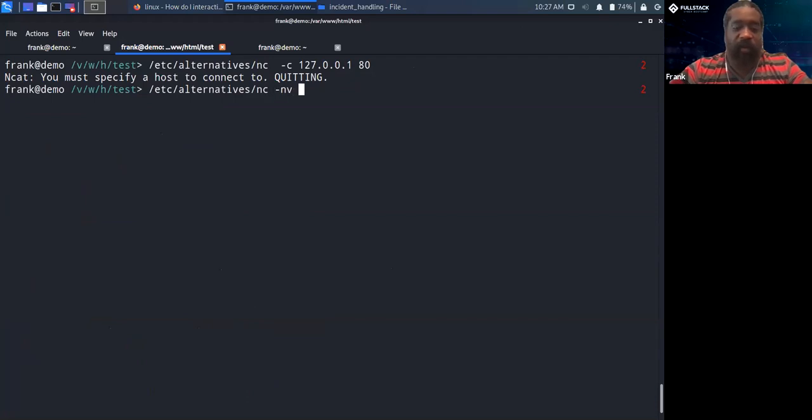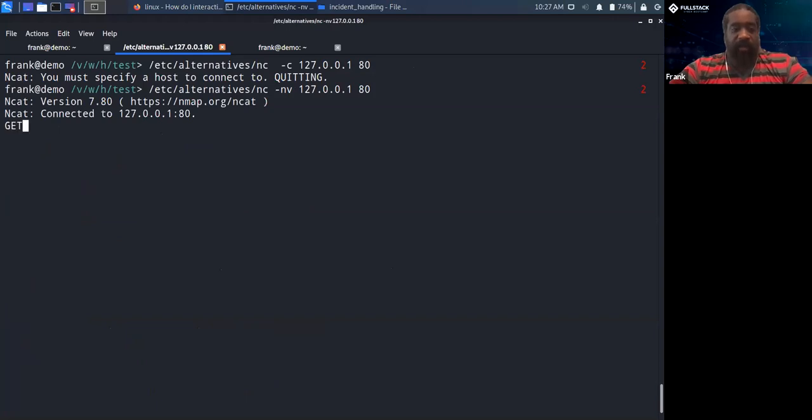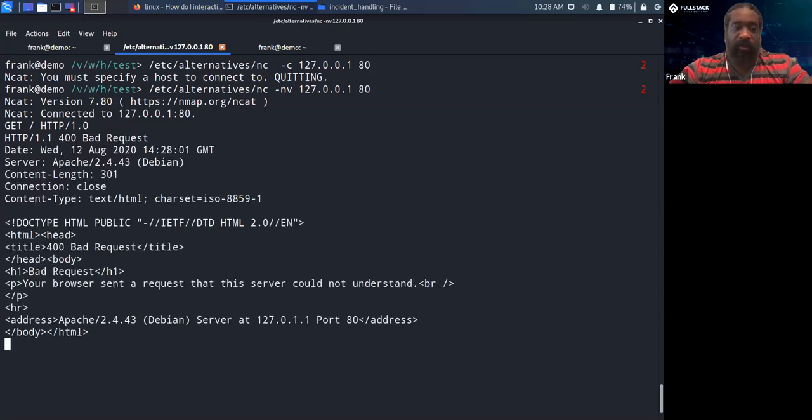All right, I am going to have to take a look at this again. Connected, GET / HTTP/1.1.0. All right, I'm gonna have to come back to this. I'm not sure what I'm doing wrong, but I don't want to get stuck on this. But essentially, if I did this, if I did /HTTP/1.1,